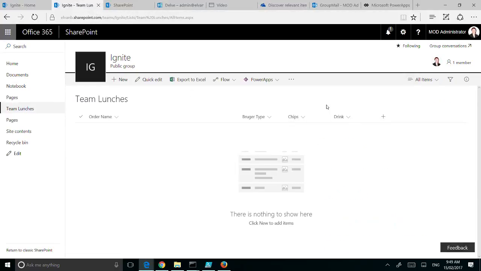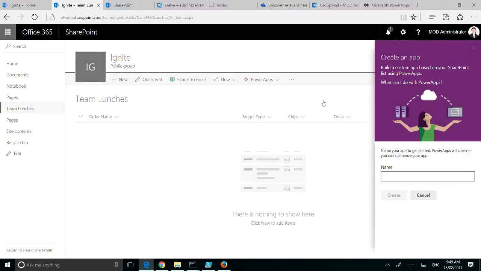So I've just created a list here called Team Lunches. Basically a list, you can see I've got an order name, a selection field, which I misspelt, some chips and a drink. And then I can go and create these things called Power Apps. Power Apps are nice little productivity apps that sit on top of these lists and basically allow me